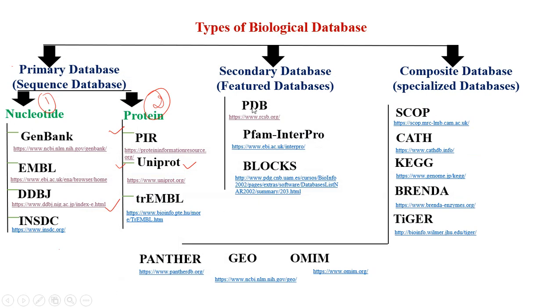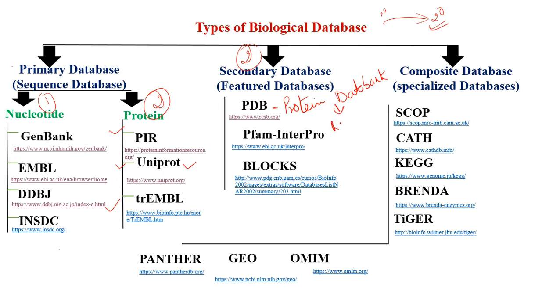So this is about the primary database, and I'll tell you what things you have to remember for this database section after finishing these things. The second type of database is the secondary database. Secondary means there is an update from primary to secondary, meaning that data has some added features. That database is the PDB. PDB stands for Protein Data Bank,